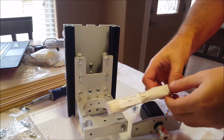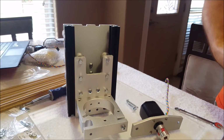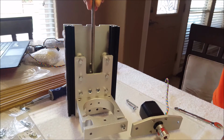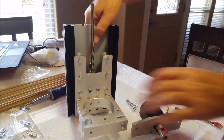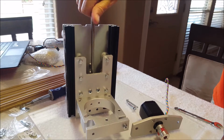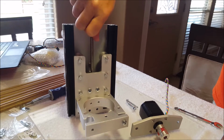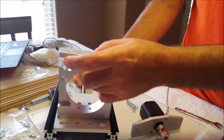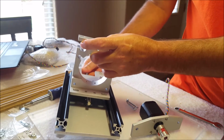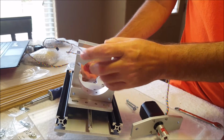We're also going to need the lead screw. Going to screw the lead screw down into the block that we have inside there. About halfway is what it says. Then